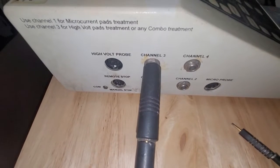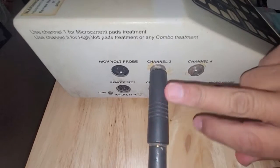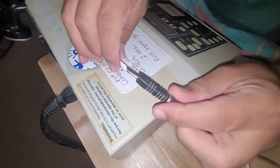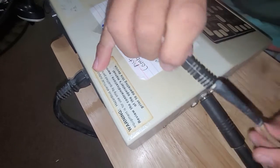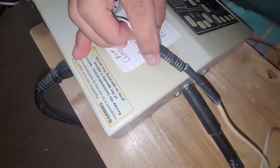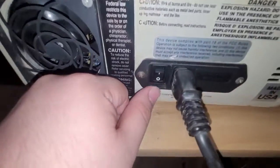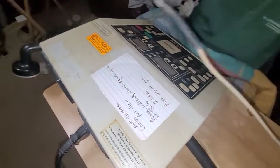Okay, for this electrical stimulation ultrasound unit, the electrode will be placed into channel 3. When you put the electrode in, it goes on all the way. It's going to be the electrode that has the tape on it. The other one does not have the tape on there. The start button is around here, and we'll toggle it on. The unit is now on,